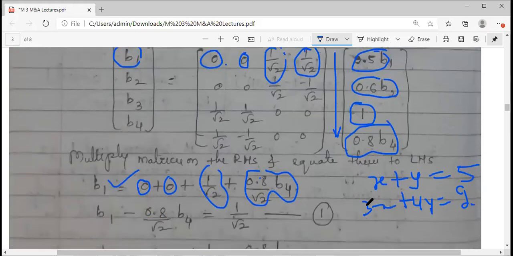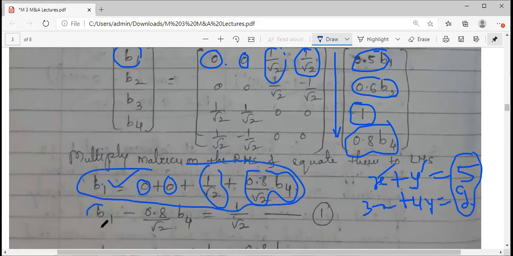Okay. Here how the pattern is, all the unknowns, the variables are there, x, y, z, whatever, a, b, c, x, y, z, then m, n, whatever, the equations में जो भी आप variable ले रहे हो, these values should be on the left hand side. जो भी constant है, वो right hand side पे रहेगा. So I will rearrange this in that manner. I will take B1 here on the left hand side, वो left में ही है. I will take this B4 to the LHS, it will become negative, is equal to constant 1 by root 2.